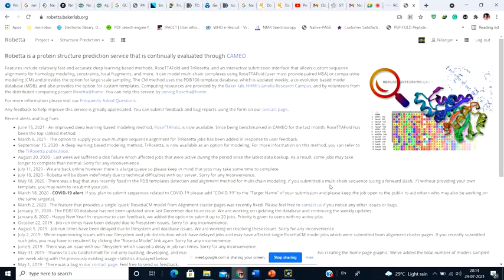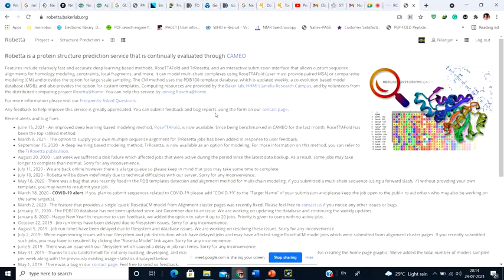protein structure. Now this is the main page, but I think you might need to register to this particular portal. This registration is required because this service is free for academic users. And since, as I've told you, this is one of the best methods for protein structure prediction, many people, not only from academic institutes but also from the industry sector, also use this server for their protein structure prediction.